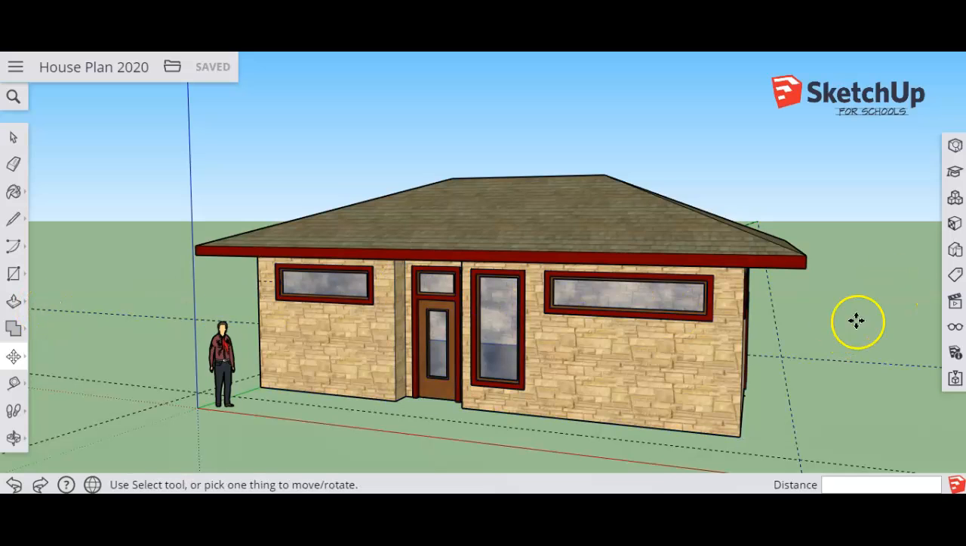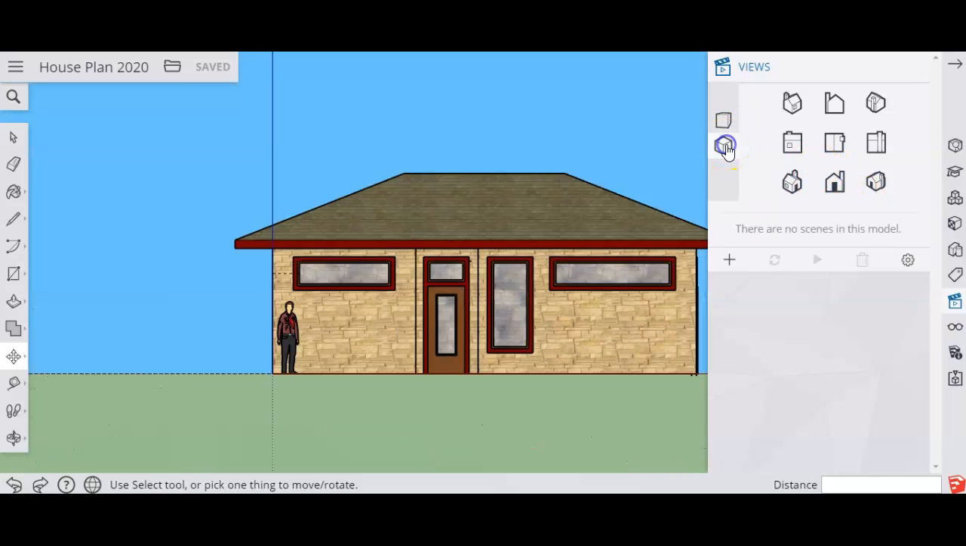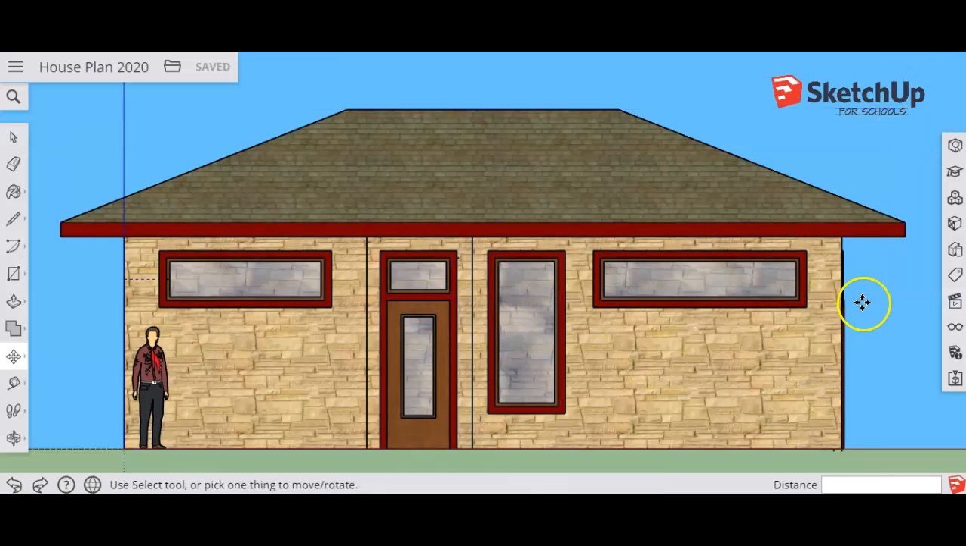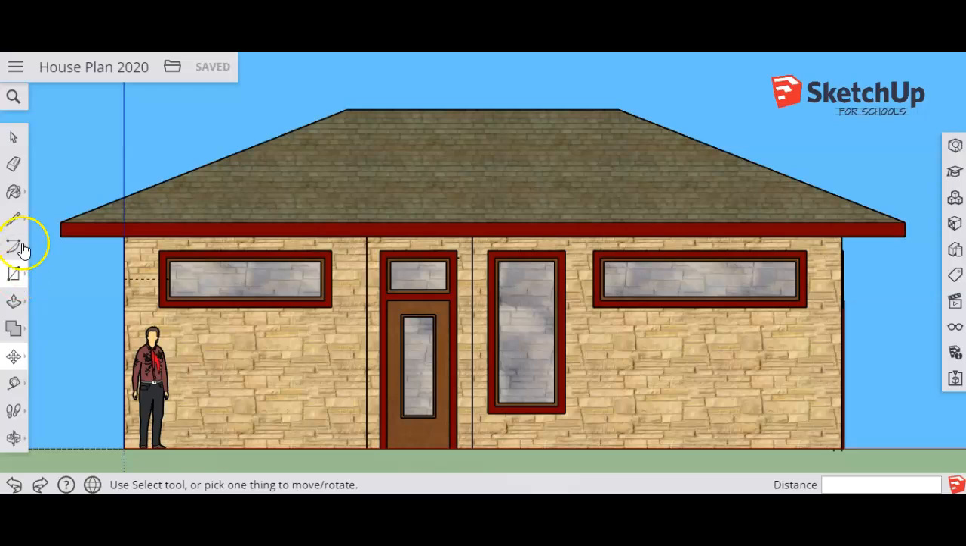So I'm going to go to my views and look at the front of my house and turn off perspective, which will give me a very flat view of my house. This is a house elevation. An elevation is very flat. It's not a perspective. And I'm going to draw on this edge of the roof where I want my new section to go. So I'm going to use the line tool, and I'm going to draw there to there for that edge,